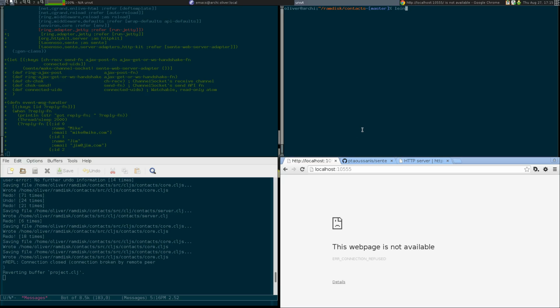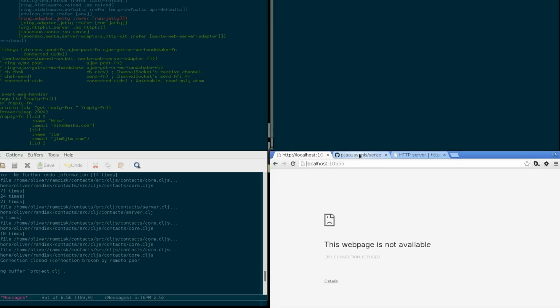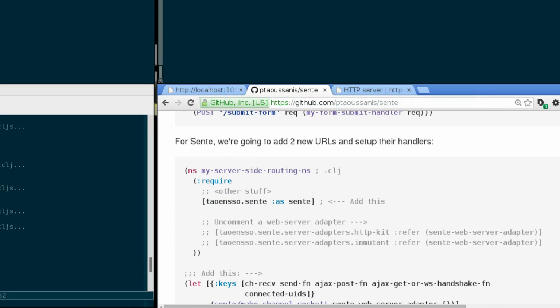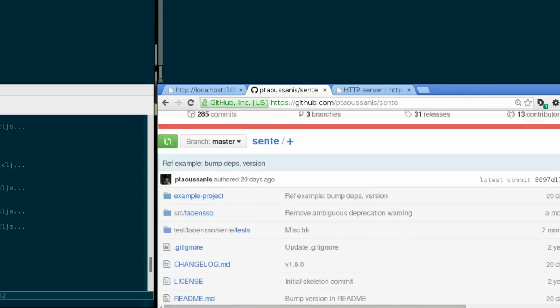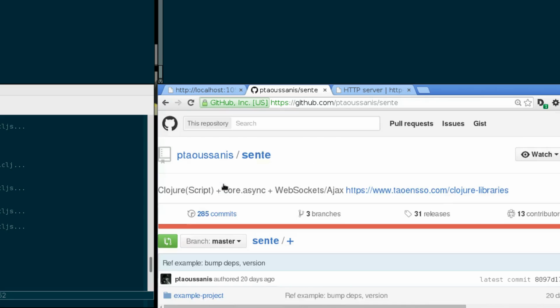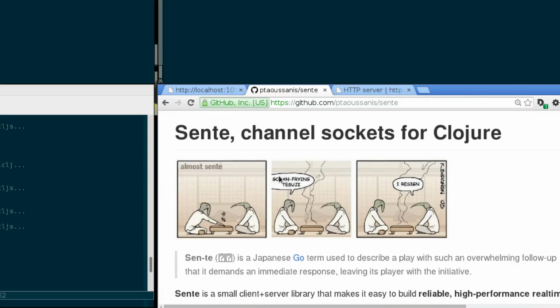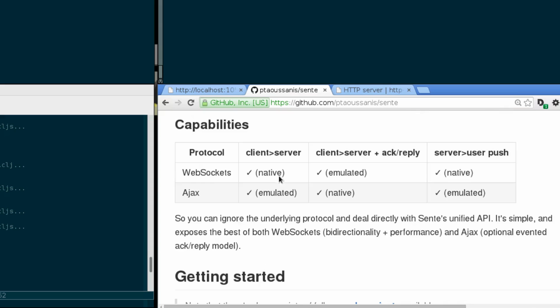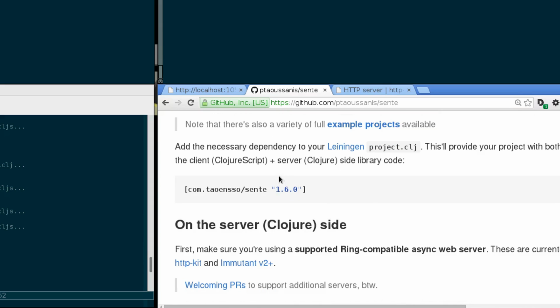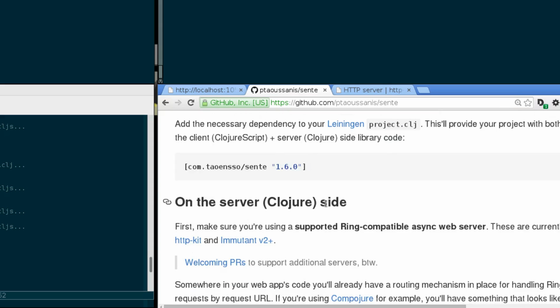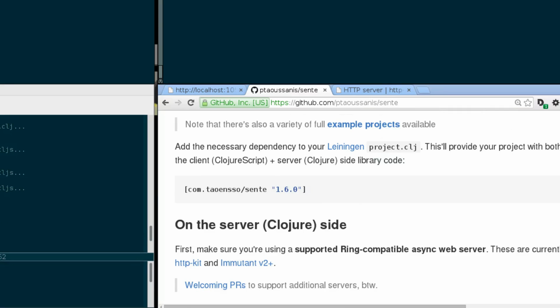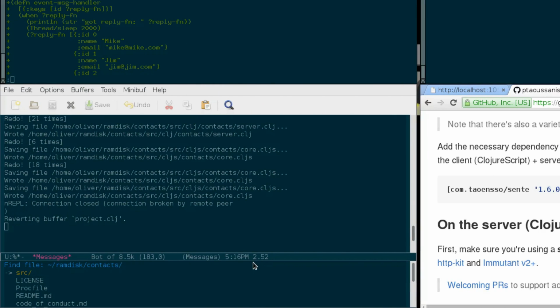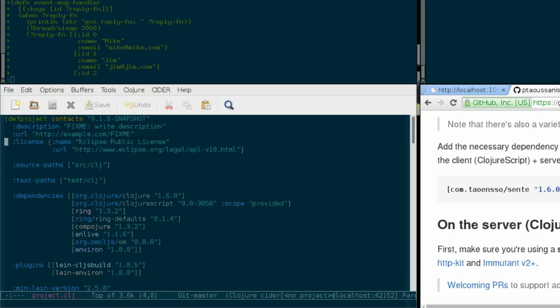First of all, we're going to have to integrate Sente into our application. So I have the Sente page open here, and we're going to do a bit of copy and pasting to get this set up. First of all, let's open the project.clj file and integrate,